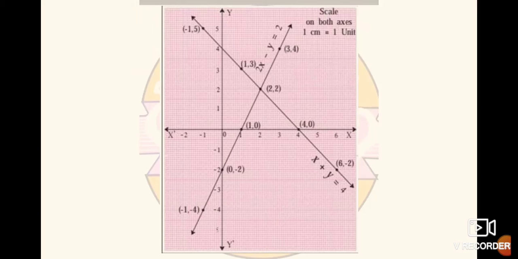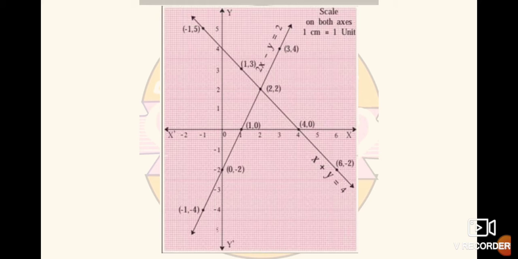Hello students, in this video we are going to learn how to plot the graph exactly on the graph paper. Whenever you get a graph paper in front of you, first of all try to make four equal parts of that graph paper. What do we call each part? Yes, in coordinate geometry we have learned that it's a quadrant. So you have to divide that graph paper into four equal parts, that is, four quadrants.